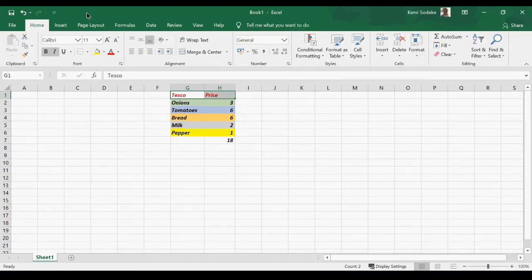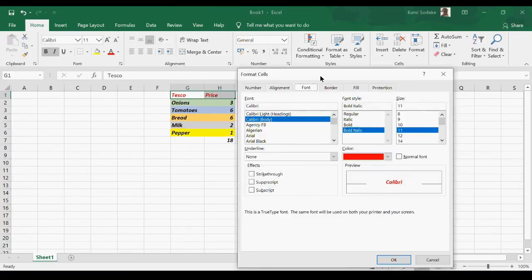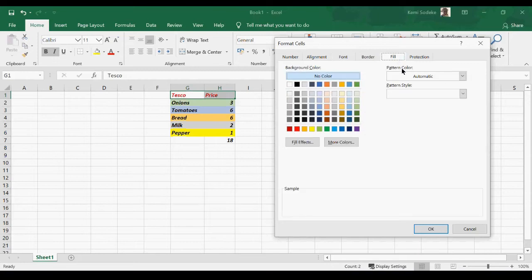You can also expand this button to get a dialog box. So that is the dialog box, and this is just giving you more options. So what we've just done is the font, color, and the fill. So we did the fill. So you have the shortcut buttons here, but if you want more, you can open the